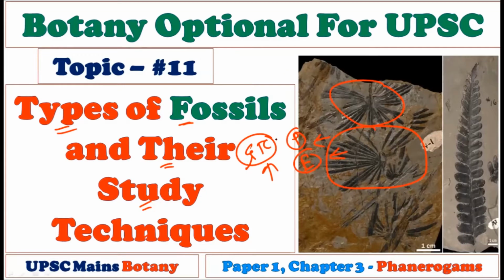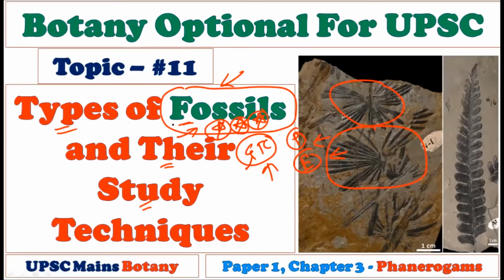Okay, so the fossil records are very important treasures we have today to study the ancient life on Mother Earth. Which type of life was present on Mother Earth is actually studied by the fossils. No other method or specific material is there, other than the fossil, to study the earlier life present on Mother Earth. So that is why fossils become very important in the study of plant life, animal life, or microbial life, because all of the ancient life can be studied with the help of fossils.